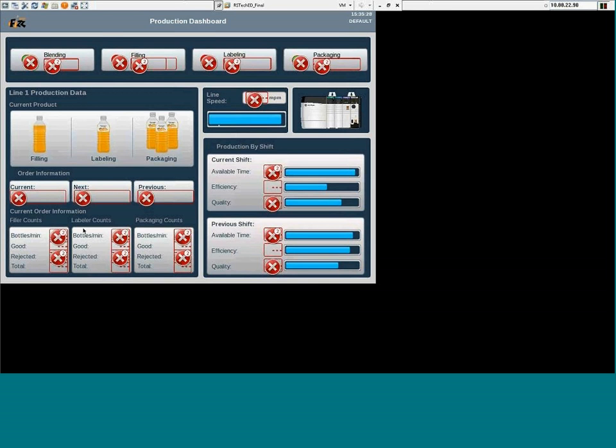Well, what's great about the PanelView 5500, 5300 is that every place where there's an error that is detected in the system, you see that these red X's appear. And some of those red X's have numbers on them. That means that there's more than one system error that's been detected in that location. And in order to make them all accessible and clickable, we group them together in